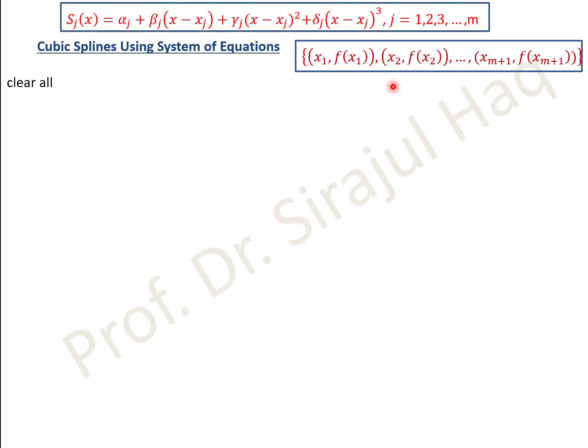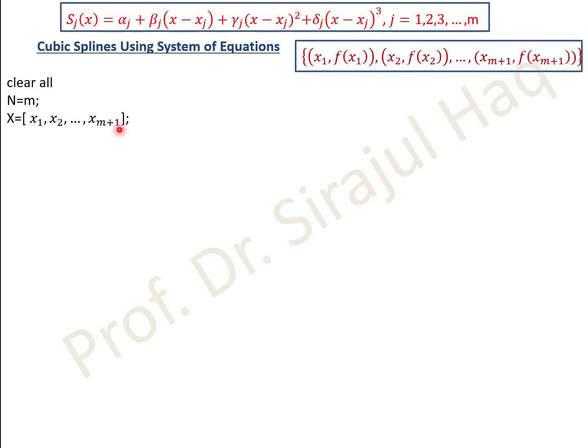First of all, clear all. Clear all, so MATLAB will clear whatever variables we have defined. Secondly, if you look at this one, there are m number of splines, so I just said that n is equal to m. Because when you are using m and n, your computer doesn't recognize what is meant by this. This is a matrix X, a column matrix, and I represented this by x1 the first component, x2 the second component, and xm the final component.